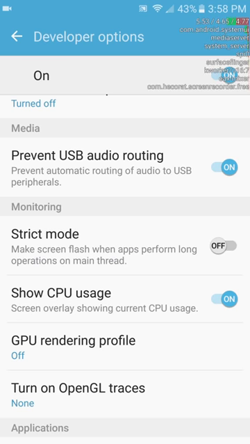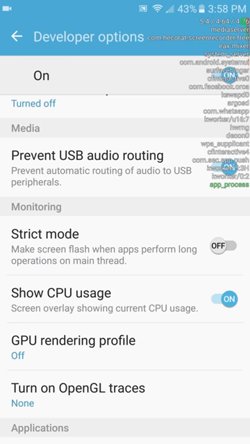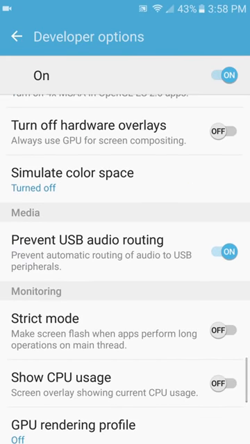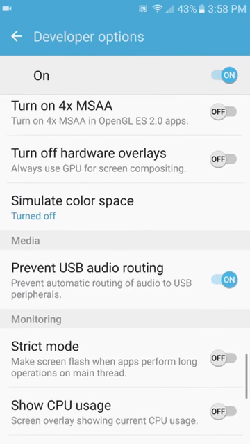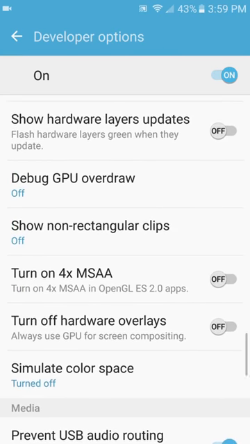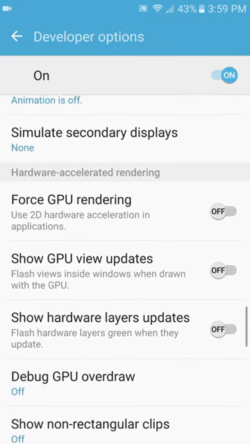Now, if you enable this, you should see a bunch of CPU stuff in the top right-hand corner. Well, you can turn that off, which I don't find really necessary. I like to have the prevent USB audio routing on, so a lot of times if you have your device connected to USB mode, there are other programs that can route the audio to the peripherals. So I usually leave that on just for safety, and if we scroll up just a little bit more,